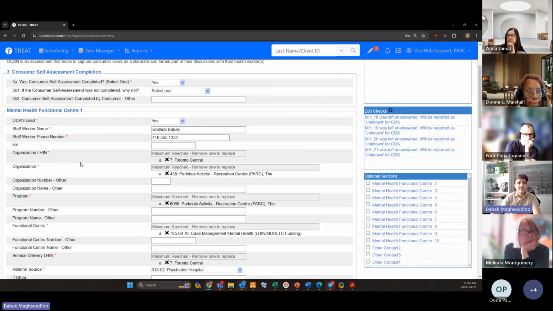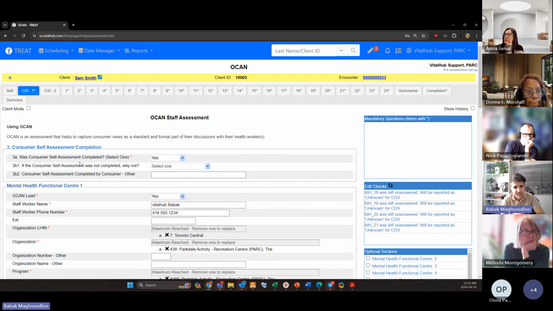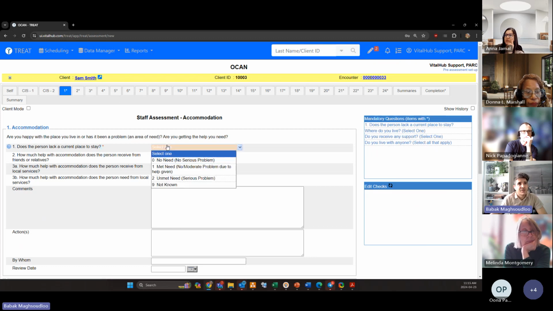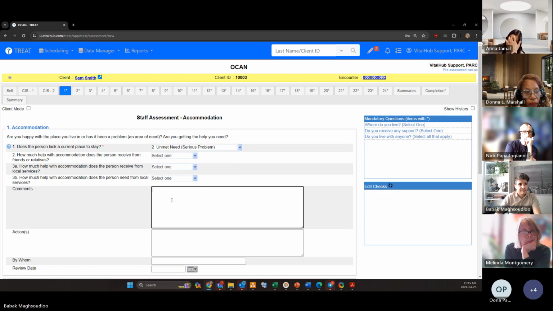Now with assessments, since OCAN's your only one, I'll just take it second here. Similar feel to the other pages in Treat, where you have a series of mandatory questions that you're responsible for out the gate. And those are highlighted with an asterisk on the question level, but you also see it at the tab level to indicate that there's mandatory questions remaining. And once you've answered them,